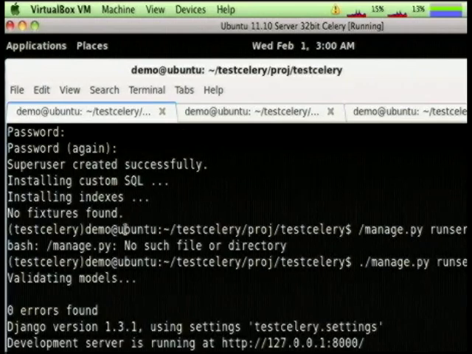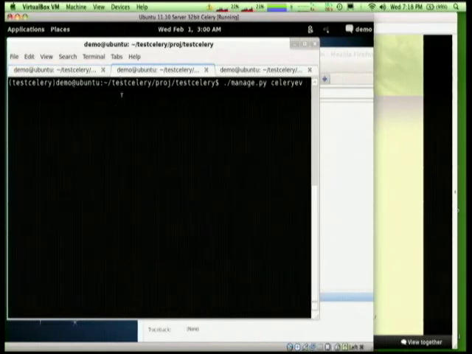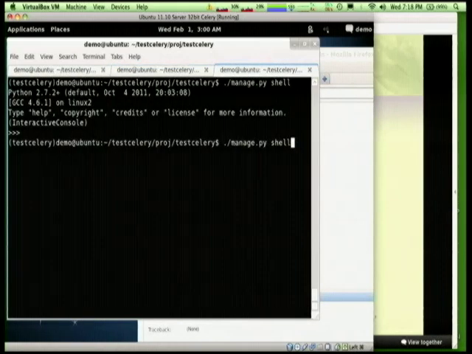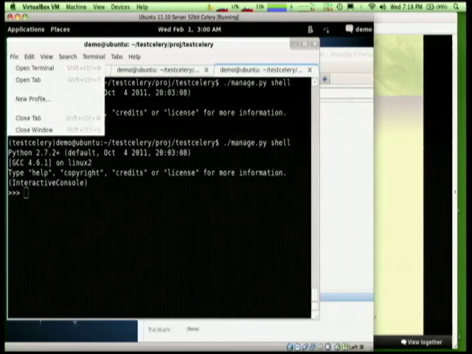Here I have a runserver instance that I'm going to start up. Here I have, hard to see, Celery events, the monitoring tool. And here I have just a Django shell. And I think I accidentally closed the